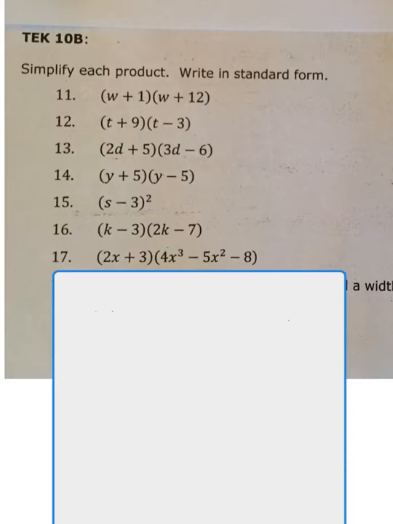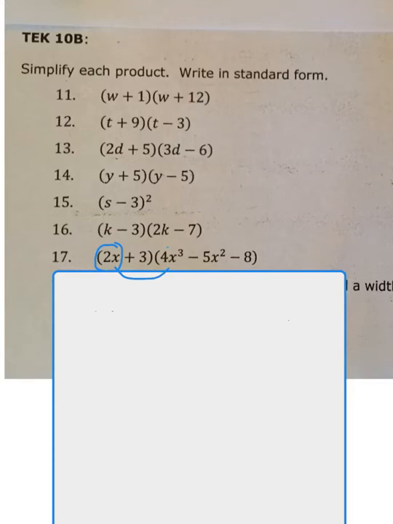So I cannot use FOIL per se because first, outer, inner, last, I think I might forget, I might leave a term out. So I'm just going to make sure to use double distribution. I'm going to take the 2x times everything and then the 3 times everything and then combine terms that can be combined. So let's see, I'm going to do 2x